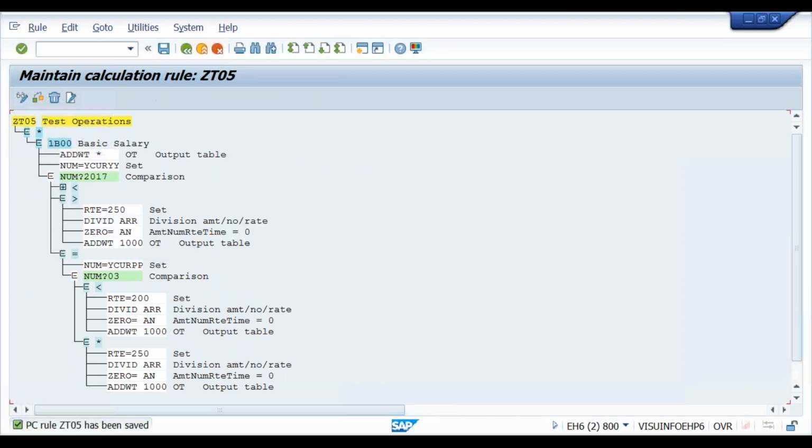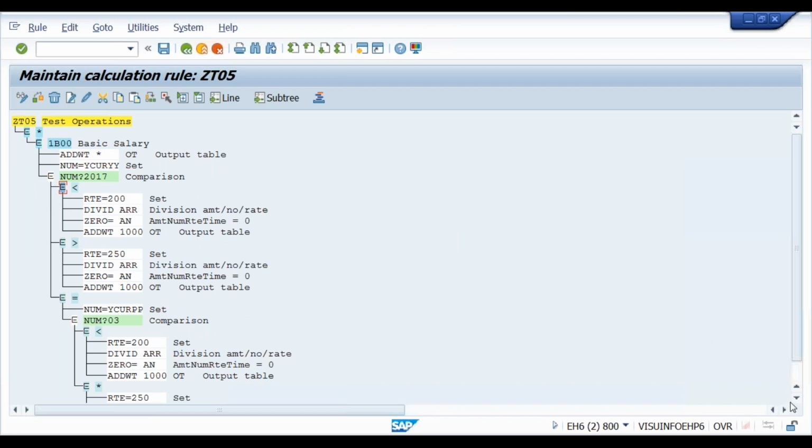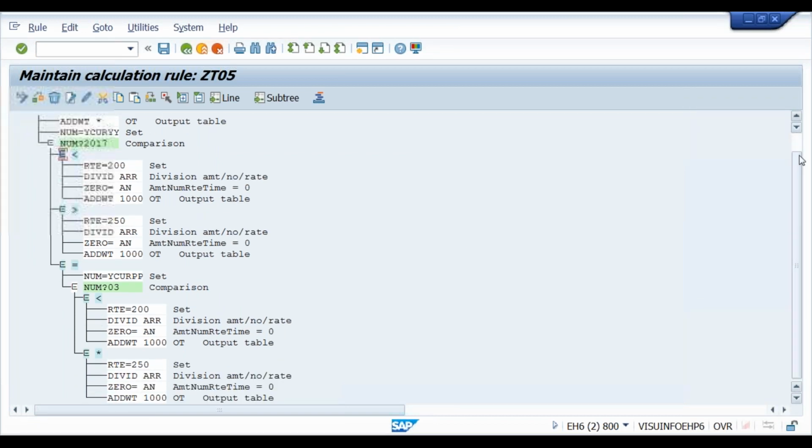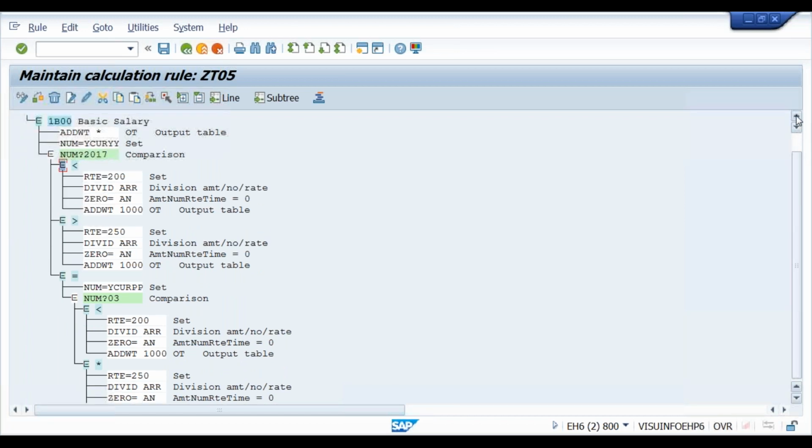So take the screenshot of this approach as well. Let's try if it is working or not. Again, you are overwriting the number here with a new value, and you are comparing that. The payroll period number you are running will be placed in the number field, and that period you are comparing with the 03.